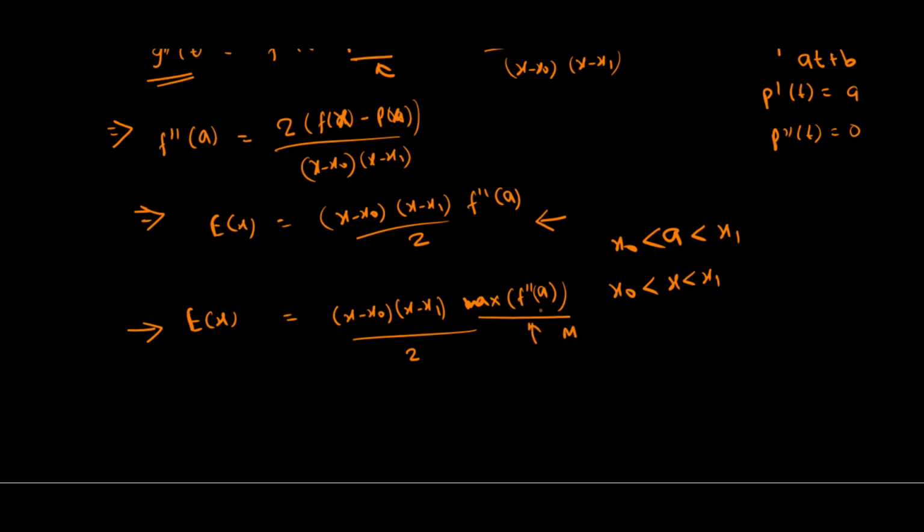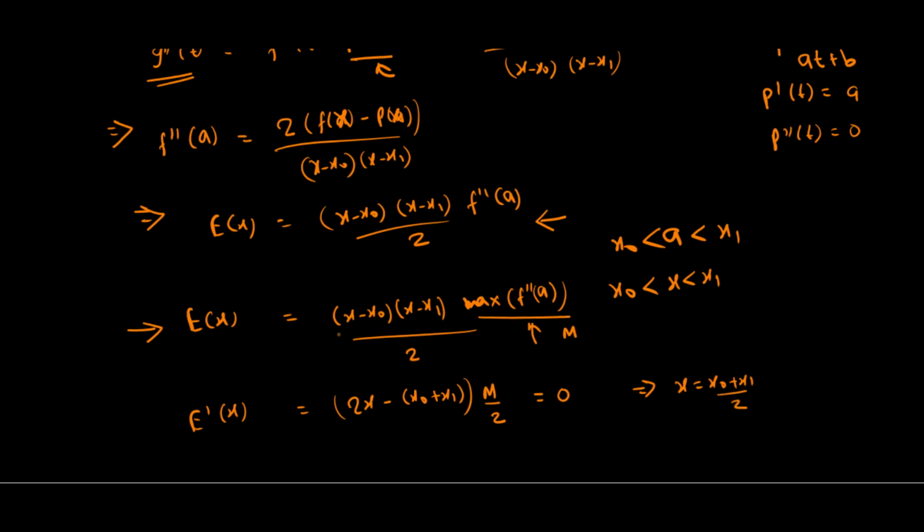Let me assume that the maxima of this derivative f double dash of x is some m. So we'll find the derivative of this error term. So this will be equal to 2x minus x naught plus x1, and this constant term, that is m by 2. And if you remember, to maximize any polynomial, we differentiate it and equate it to 0 so that we get the extrema of it. So when we equate e dash of x is equal to 0, we'll find the value of x as x naught plus x1 by 2,